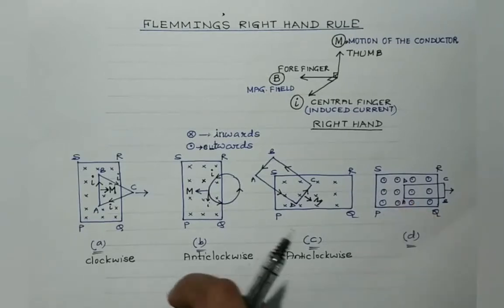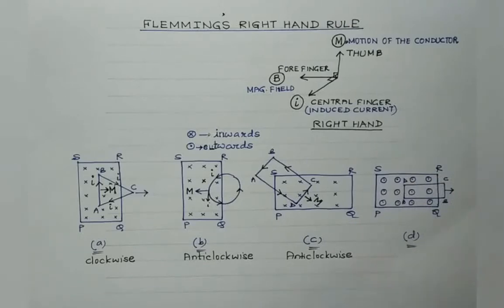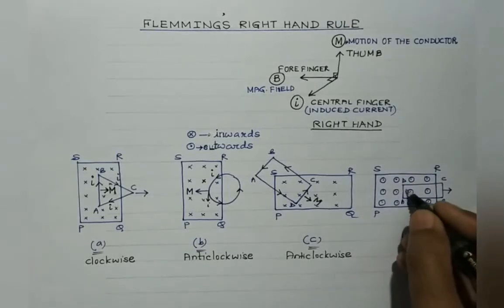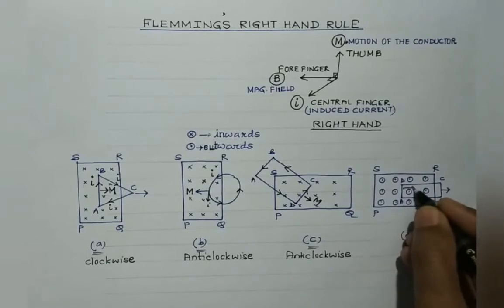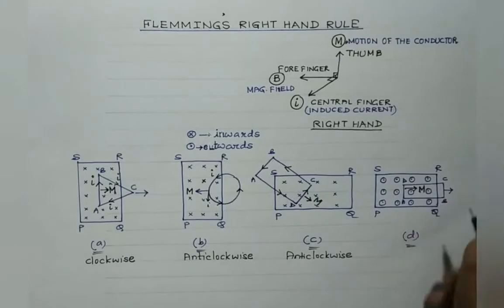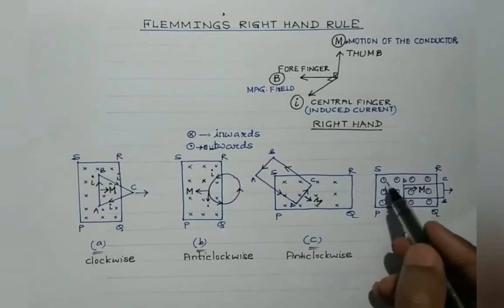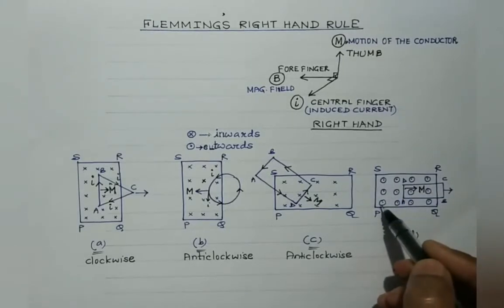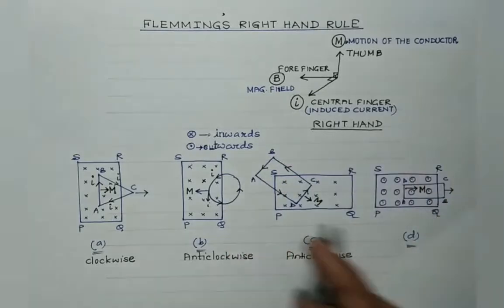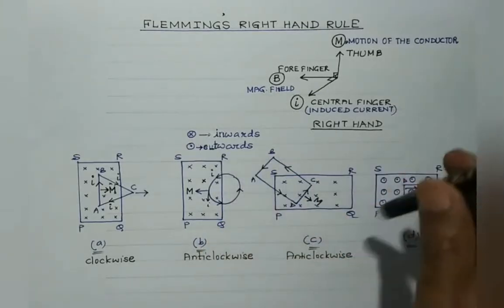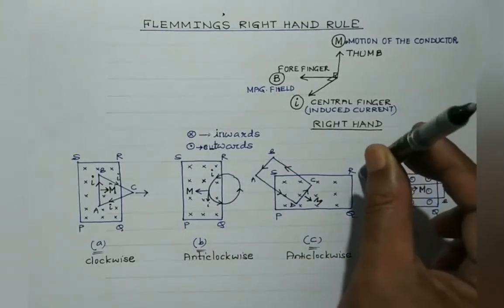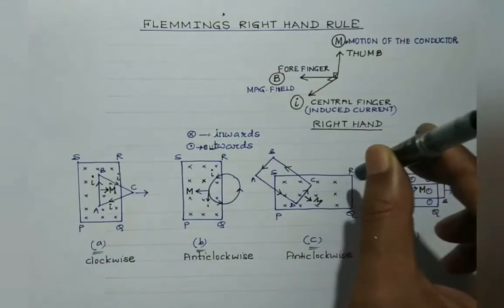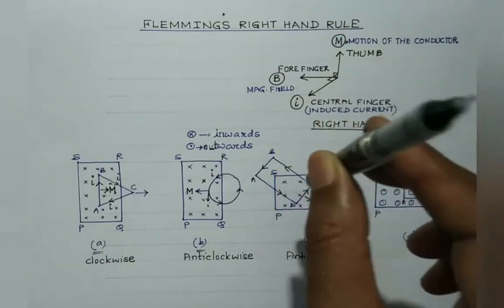Okay, now let's consider case 4. Here again it's the case of a rectangular loop which is taken away from the region of the magnetic field. So let's consider the arm AD. It is moved in the outward direction. This is the direction of the motion. And remember students, here the magnetic field is represented by dot. Dot means perpendicular to the plane of the paper and directed outwards. It's like this. Magnetic field is perpendicular to the plane of the paper and directed outwards like this.